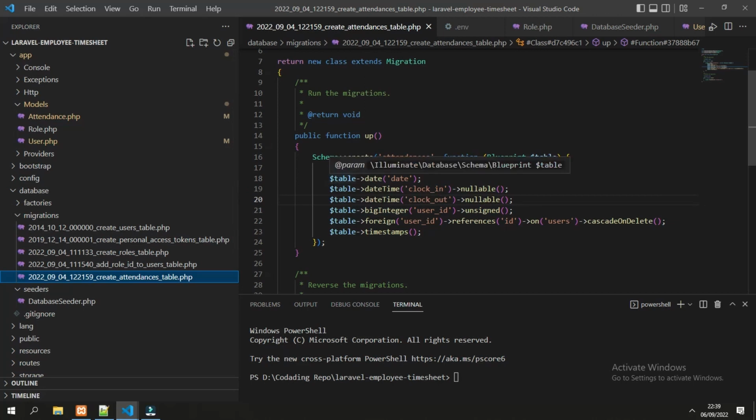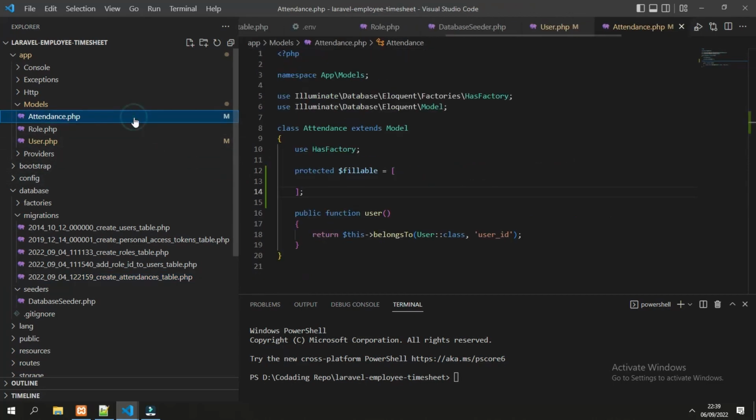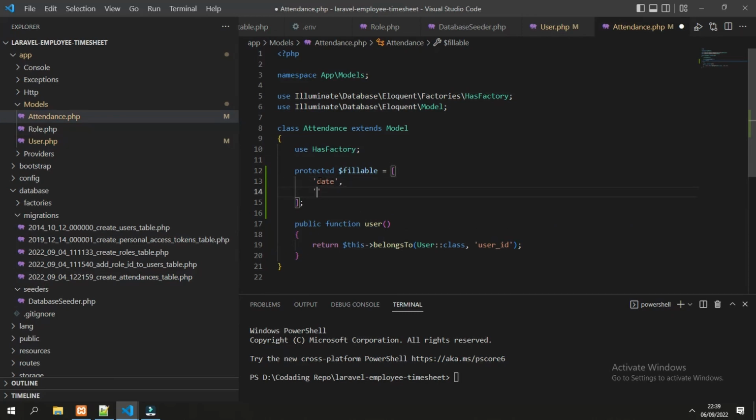So we will put these 4 variables into the fillable array: date, clock in, clock out, and the user ID.